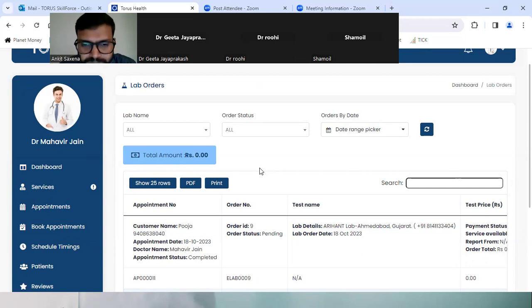So we have all the Biotech products listed on the Torus Health website. So if a customer or patient places any order of Biotech, as per agreement, the patient would get a certain amount of discount on that product. Okay, so now we need not go elsewhere, we can directly give the prescription for Biotech products from Torus only. Yes, ma'am. Okay, thank you.